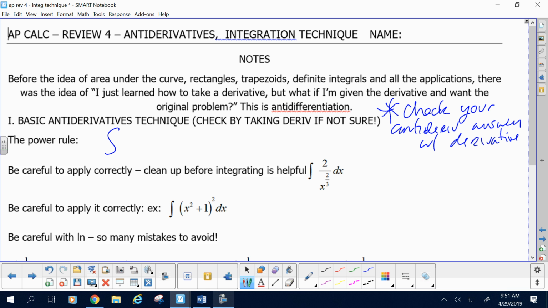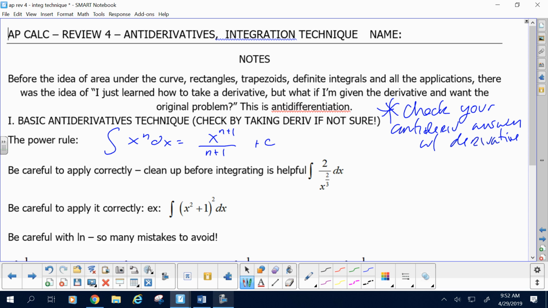The power rule. If you take a derivative of something with a power, you reduce the power by 1 and multiply. In antiderivatives, you increase the power by 1 and divide. Don't forget the plus C, señor. All right, so